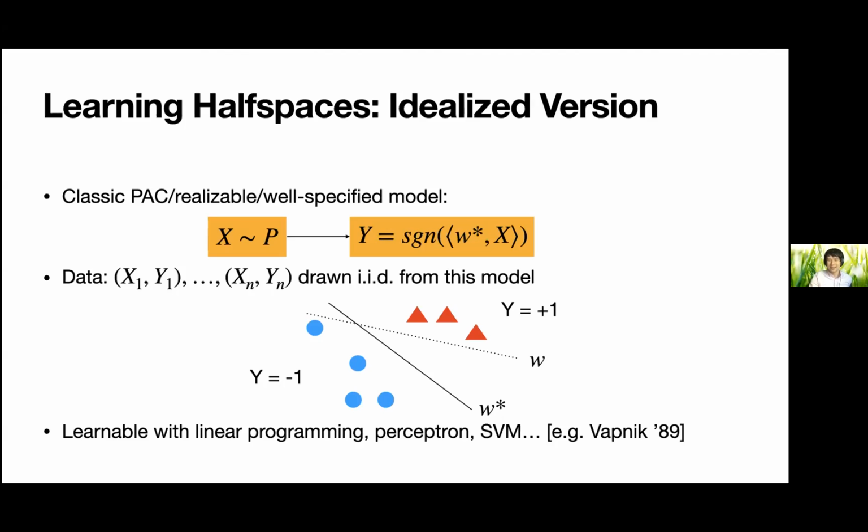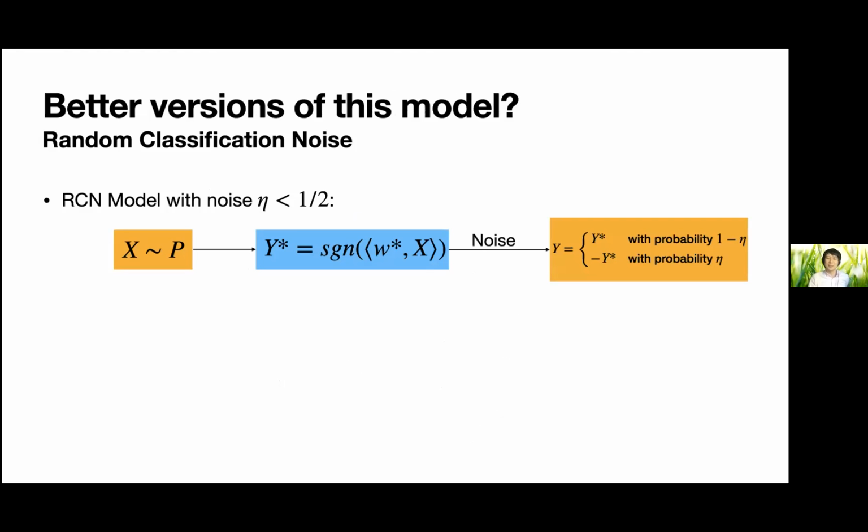Now, you won't get back the W star, of course, it's not possible in general, but you'll get back something else, which is a very good predictor for a new point, whether it's on one side or the other side of W star. And so the complaint with that model is, in real world classification problems, when you're training a half space, often the data is not linearly separable. So you cannot get all of the minus examples on one side and plus examples on the other.